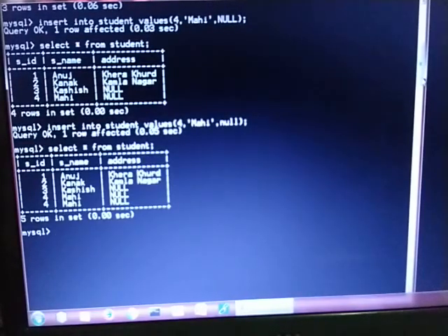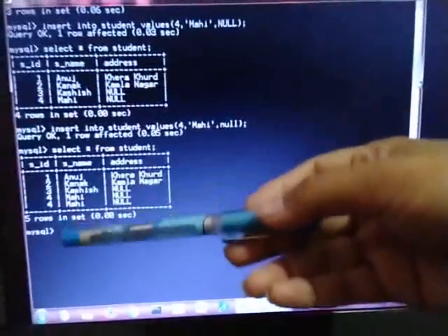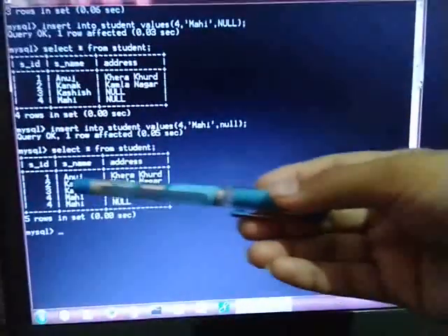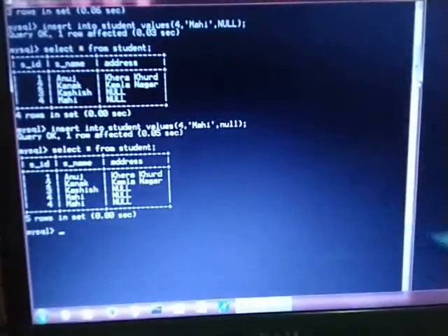I just want to tell you that in this particular table there are 5 records. 1 Anuj, 2nd Kanak, 3rd is Kashish, and on 4th number I have entered 2 values. They are the duplicate records, that is Mahi, and again Mahi is written over there.